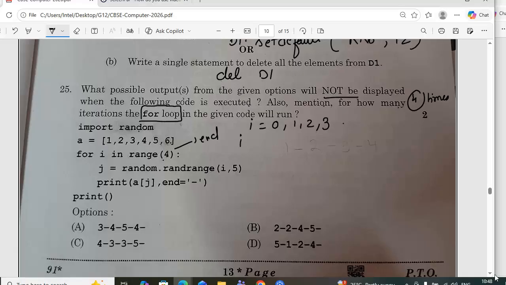Now when the value of i is equal to 0, j is randrange. The range function won't consider the last value. So for the first time i is 0, so 0 to 4, meaning 0, 1, 2, 3 and 4. For j, 5 values are possible. But it is not working directly on the j value, it is working with A[j]. That means A0, A1, A2, A3 and A4.